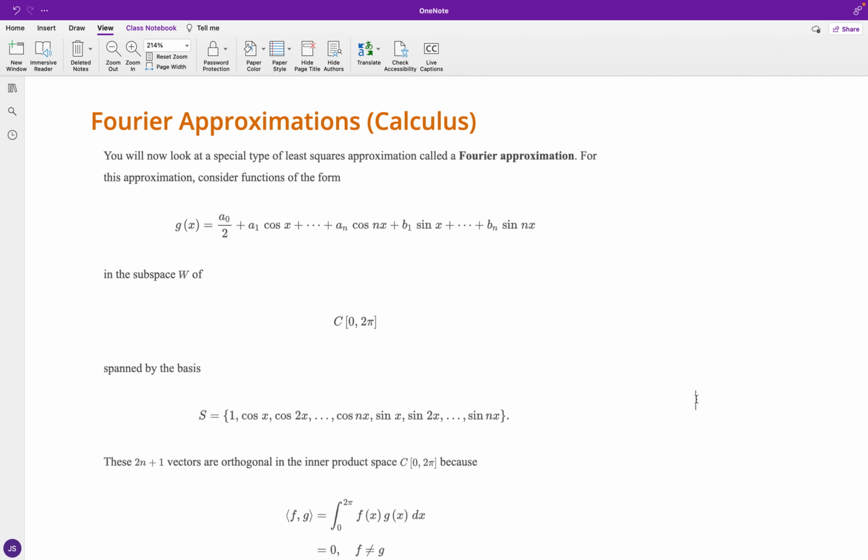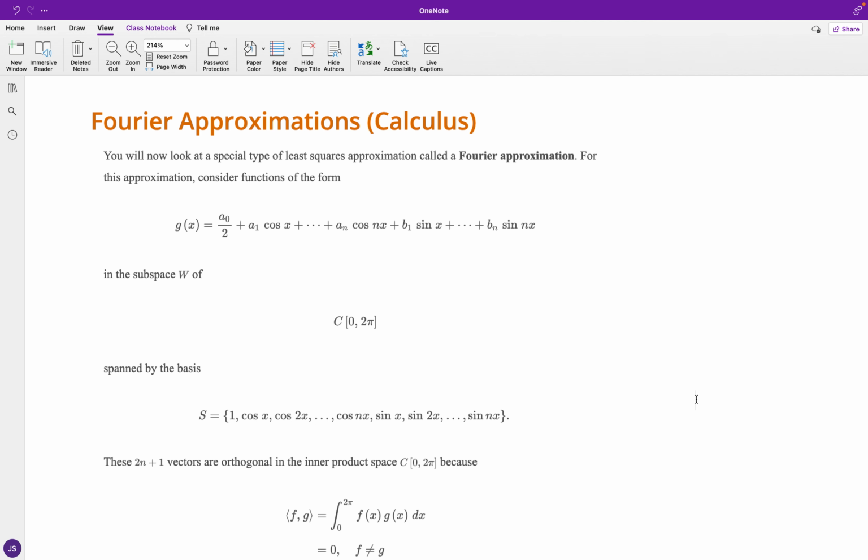Okay, now looking into a topic that if you were to take a course in differential equations, especially at the graduate level, I would recommend that you, to an extent, familiarize yourself with Fourier, especially the Fourier series. Within this realm of mathematics, we have what are referred to as Fourier approximations. And for what we have here, we are told to consider functions of the form